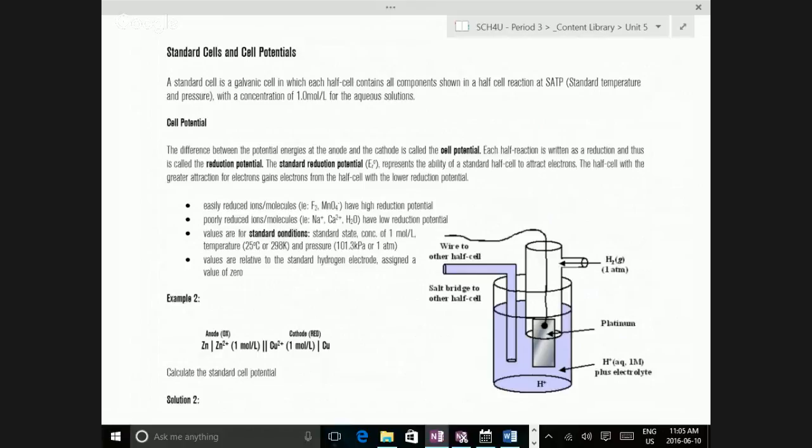But if we carry it out in the way we've shown the cell, where we have the wire passing through a load, it will take that differential in energy, and instead of that being released as heat, in which case we would do all of those thermochemical relationships we looked at in Unit 3, we can instead get it to release that energy as electricity, and we measure that in voltage. Does that make sense? So we could do these exact same reactions, and if we just allow them to happen, we could go